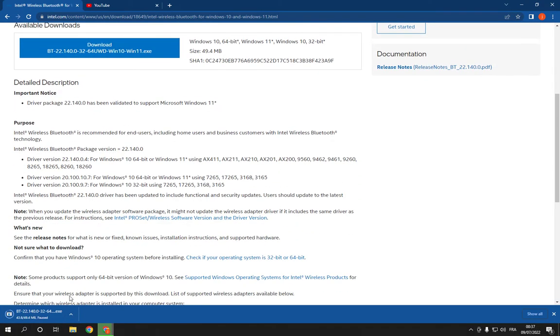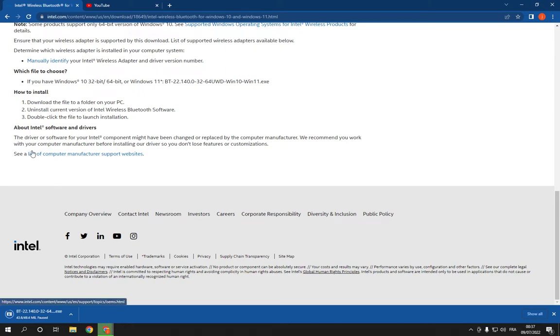And yeah, as you can see, you need to read those informations too. As you can see, download the file and install the current version, and then double click the file to launch